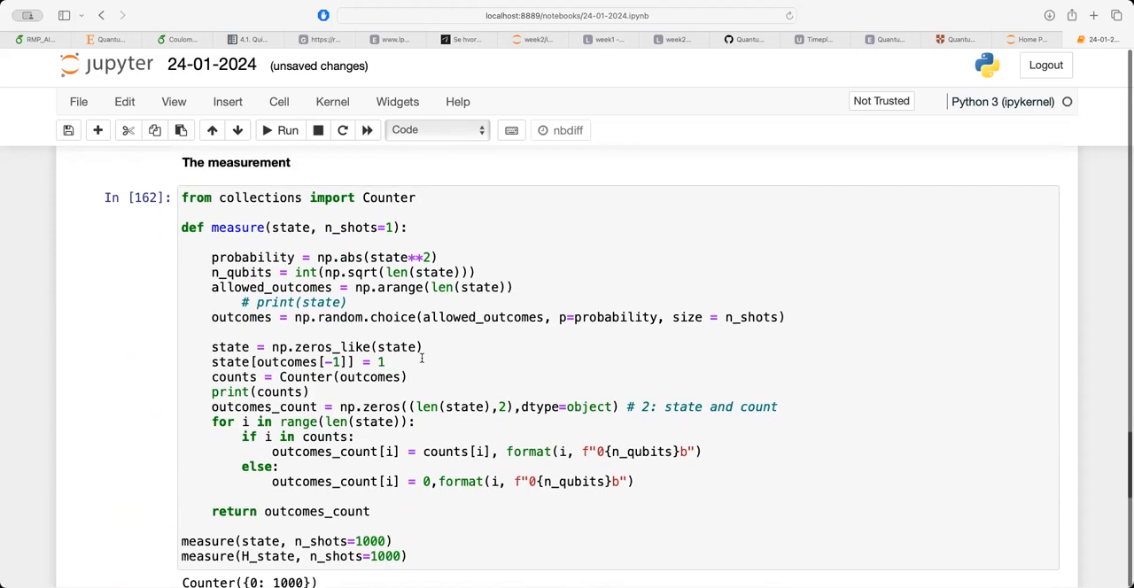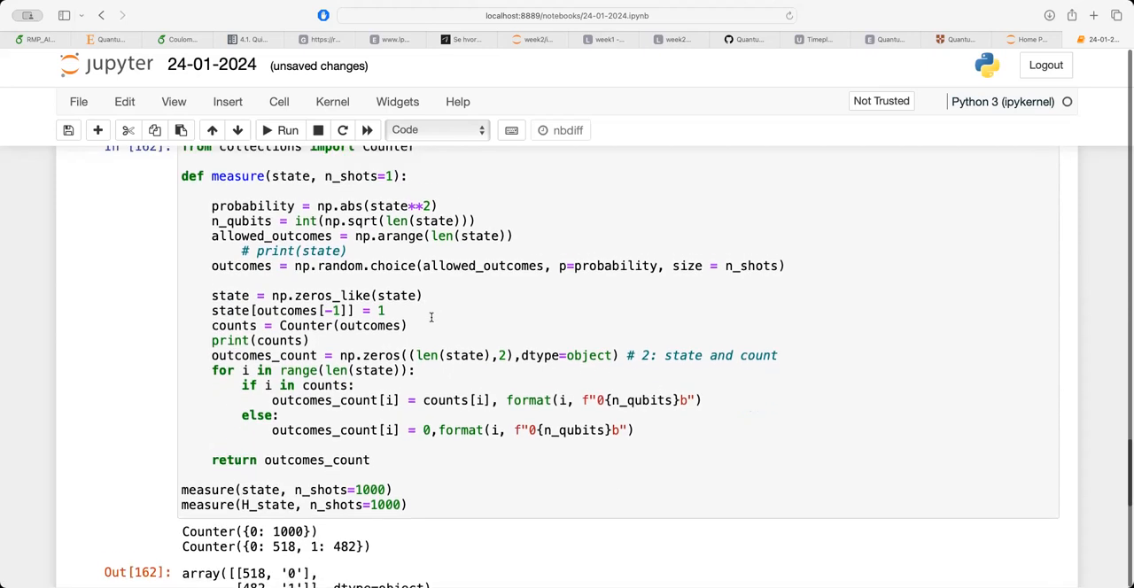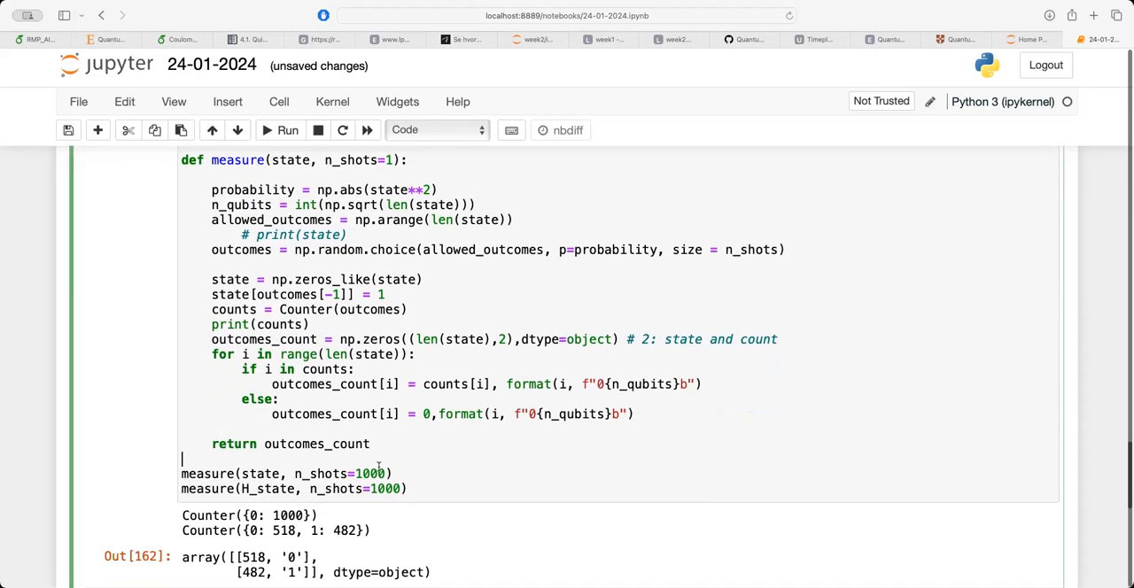And then the measurement in principle would destroy a state, and then you sort of have to prepare the state every single time you do the measurement. But because we're writing a simulator, we don't care. So we can just define sort of the number of shots. So if I now have one shot,